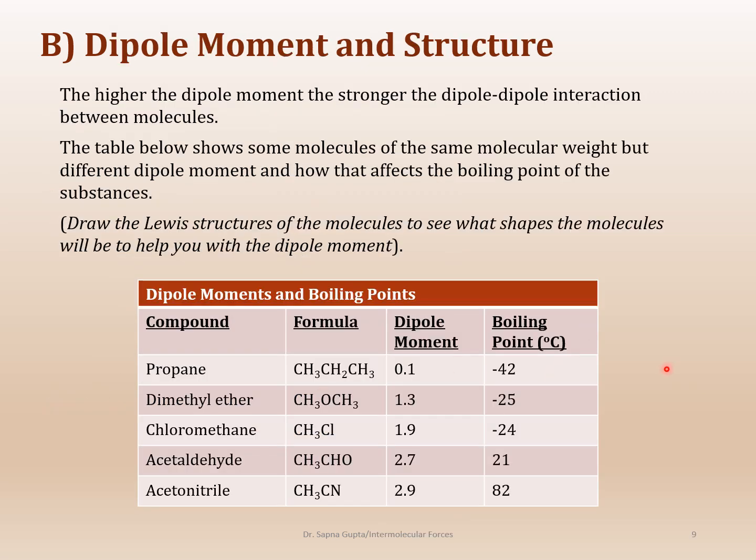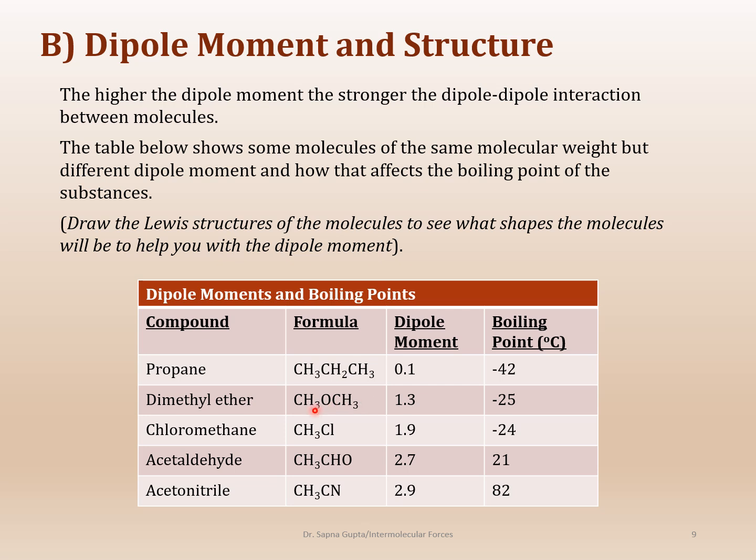And then here are some more examples of some structures, and then also their dipole moment and some physical properties, so you understand how this works. So the higher the dipole moment, the higher the boiling point. If you don't want to remember the names, that's fine, don't worry about it, just look at the structures here. If you look at CH3CH2CH3, there's absolutely no electronegative element in there. The whole bonding is